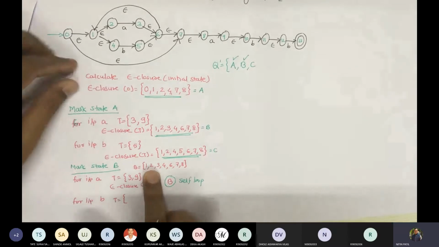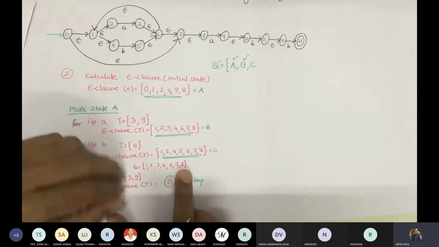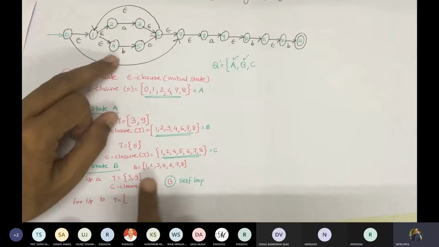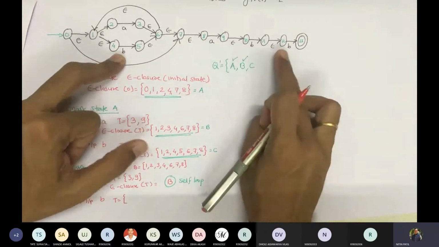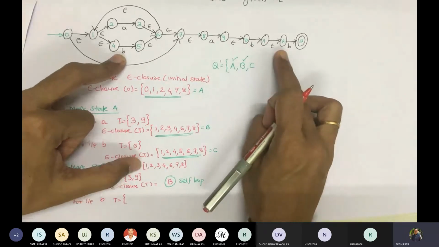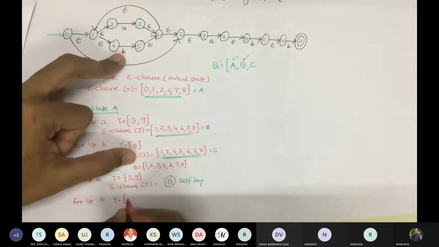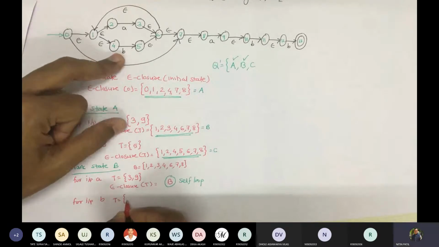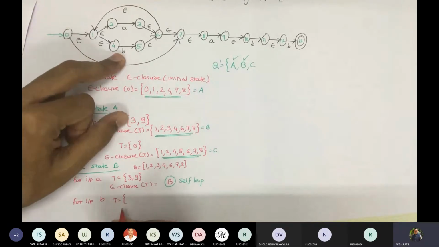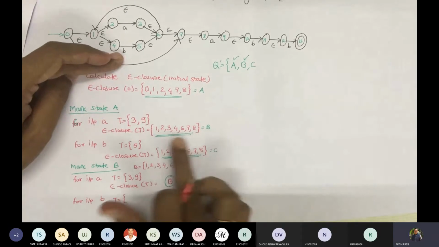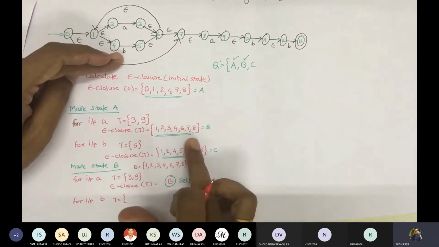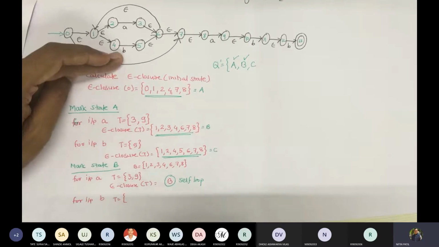Now similarly, when we are done with A, for input B, compute T. Now we have the set 1, 2, 3, 4, 6, 7, 8 again. So is 4 part of this? Yes. Is 10 part of this? No. Is 12 part of this? No. So that's why we will pick only 5. Okay. Are we going to get 5 only? Check it for B.